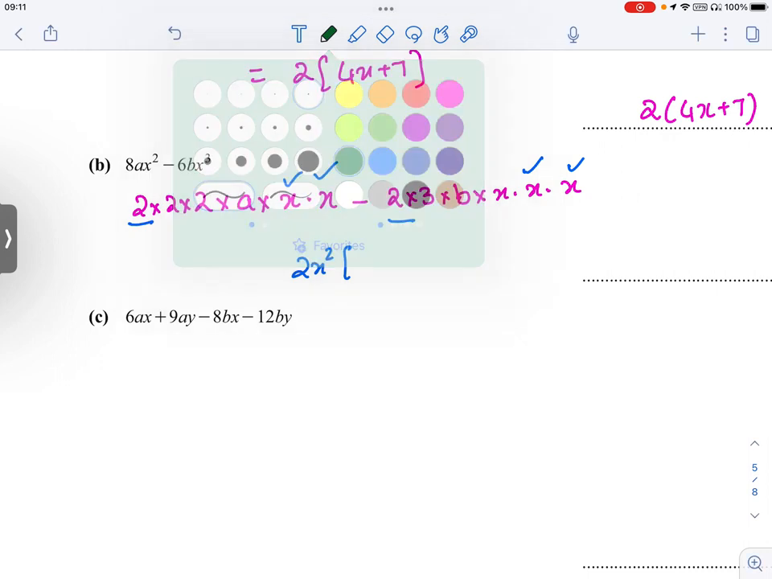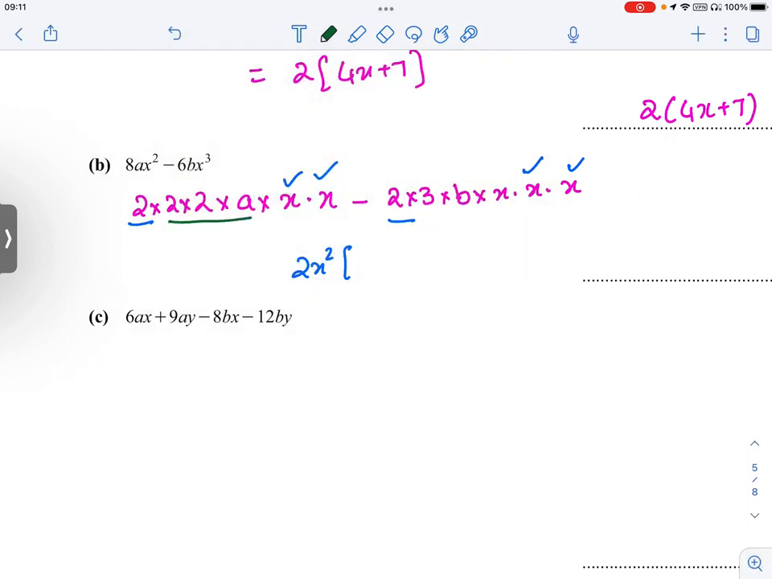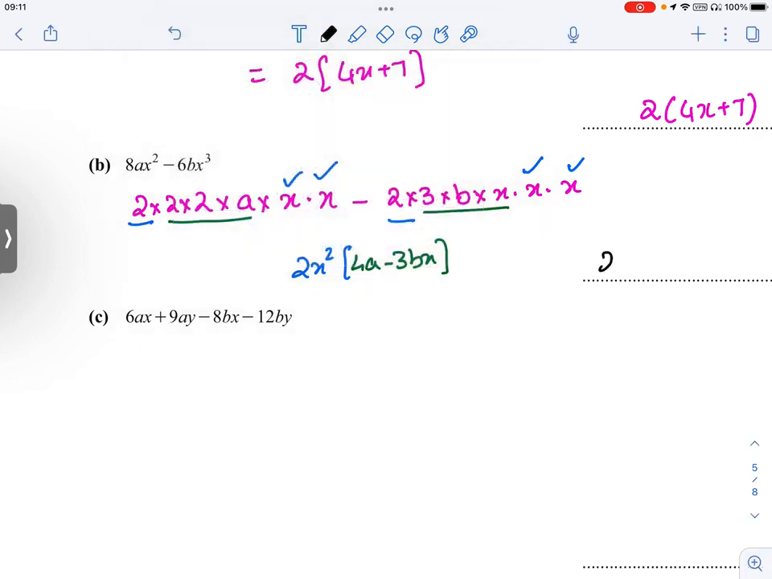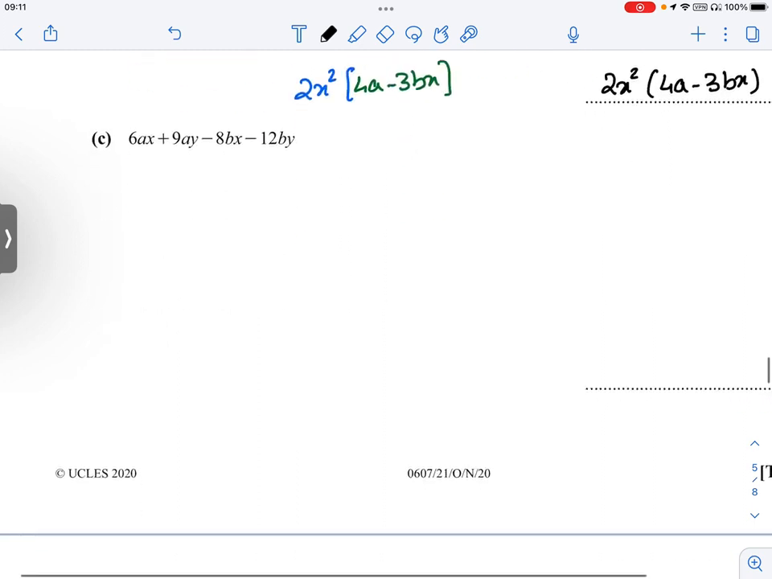What am I left over with? I'm left over with 4a, and I'm left over with 3bx. 4a minus 3bx. So my answer is going to be 2x squared times 4a minus 3bx. Now part C,